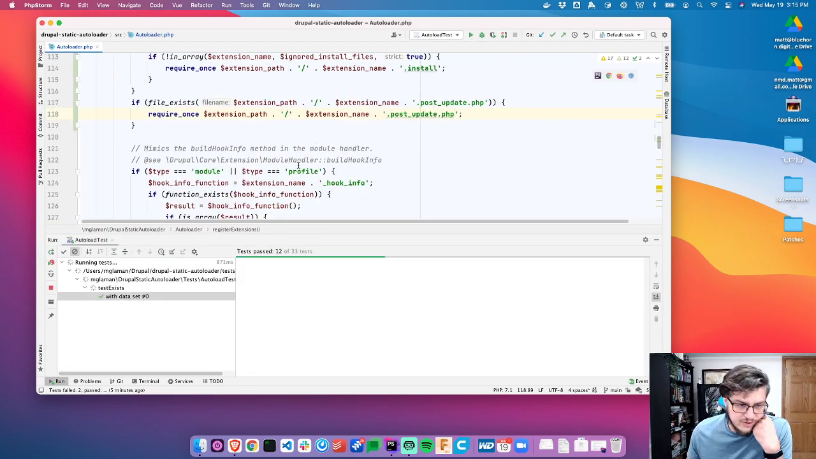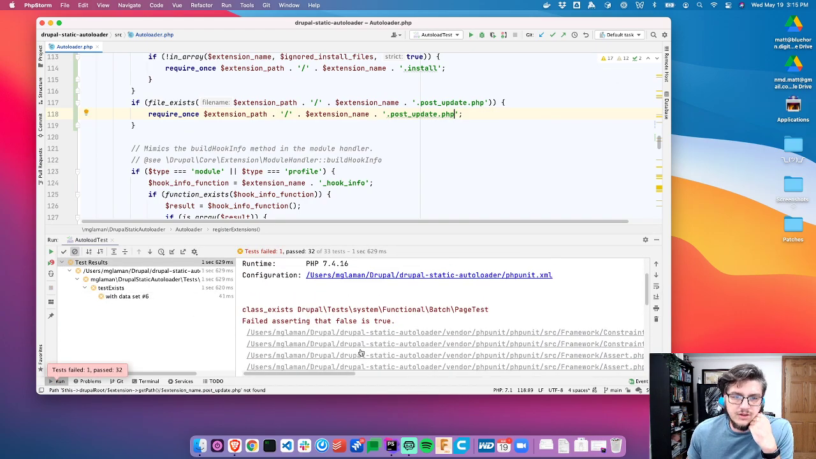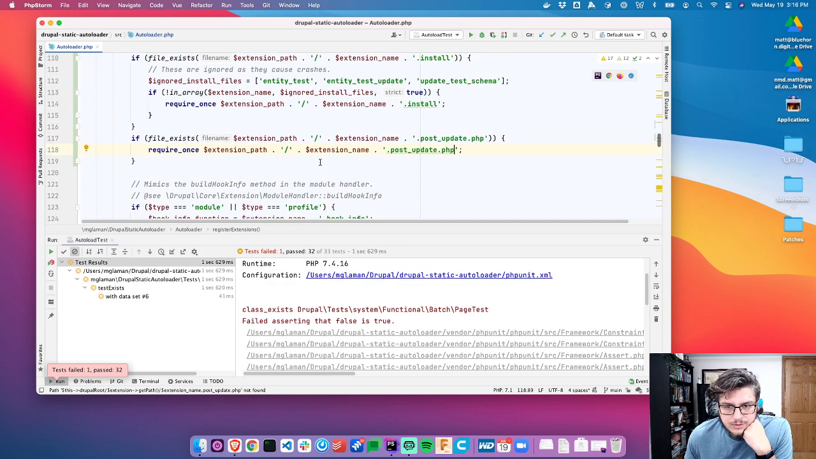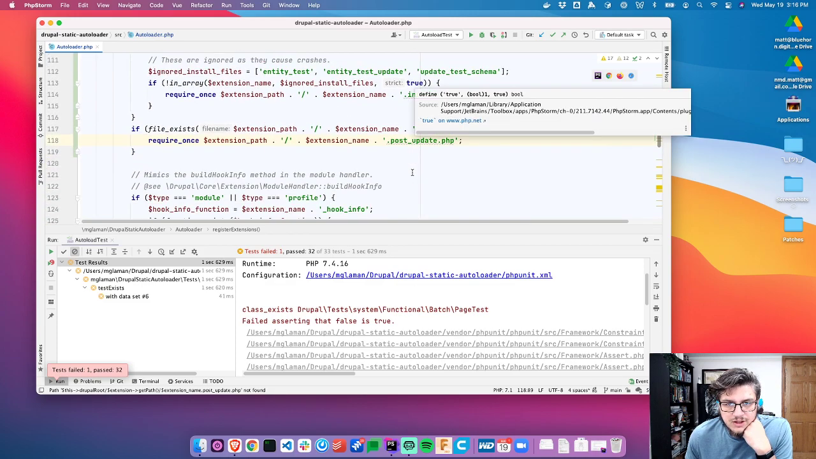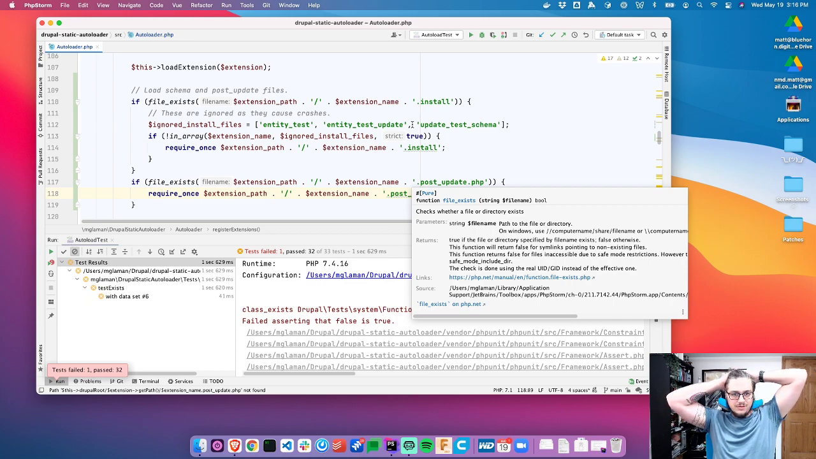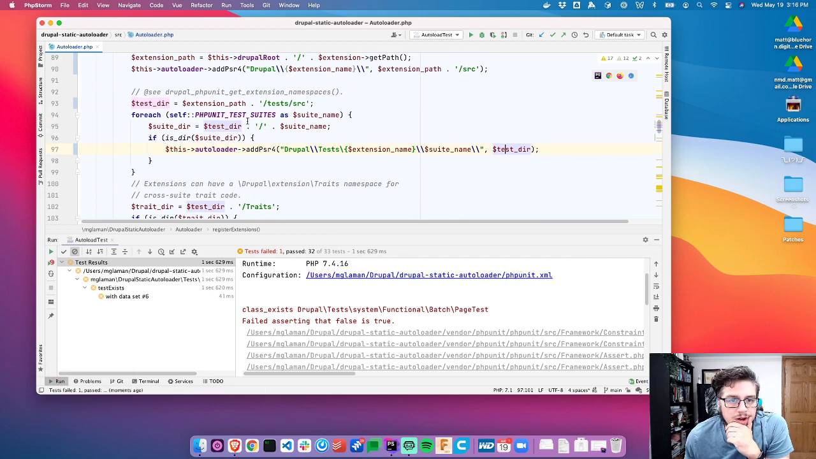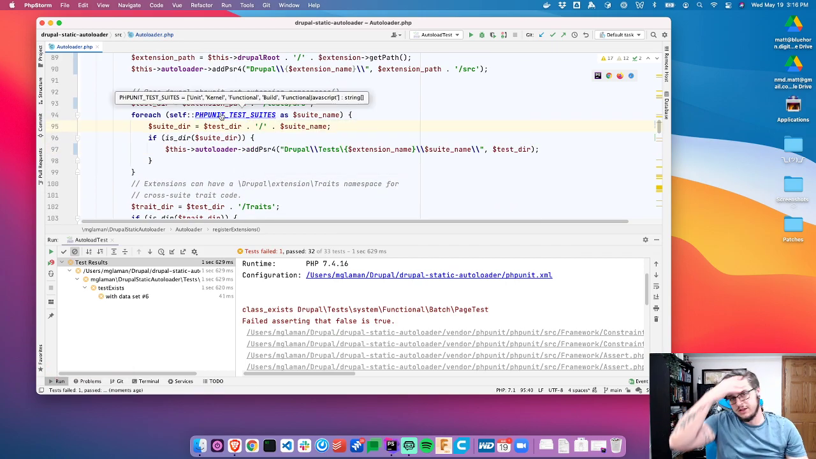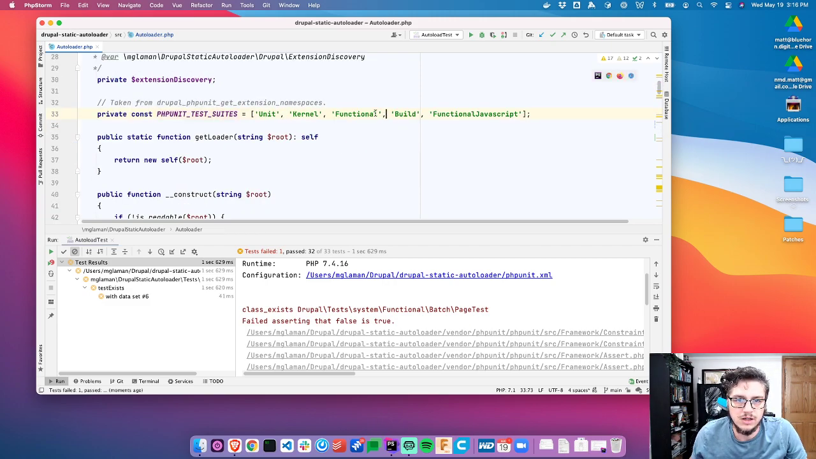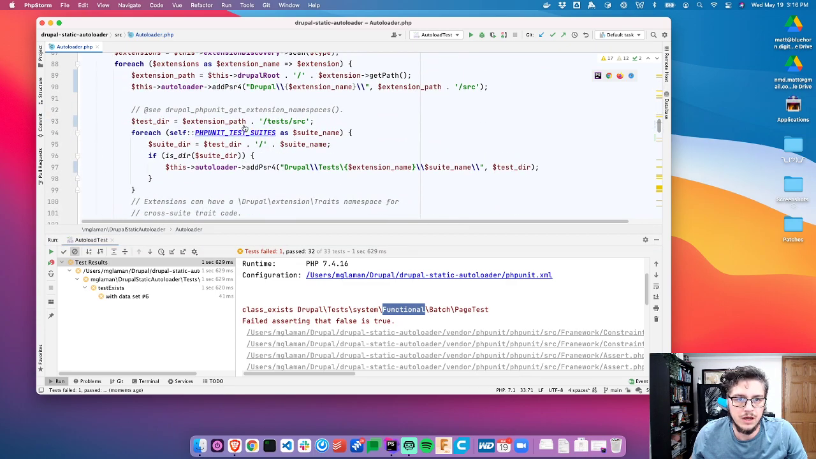So now if we run the test, everything should pass, but it didn't. Class exists, system functional batch page test. Oh man. Let's see. I want to fix this now. So for each test suite. So we should have test system, then functional, right? So functional